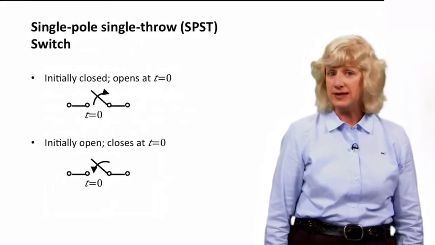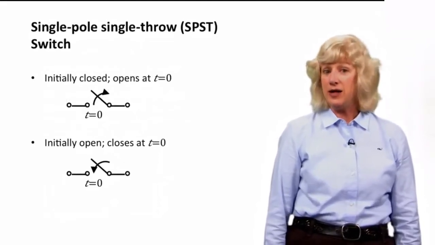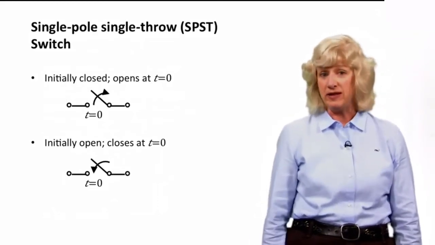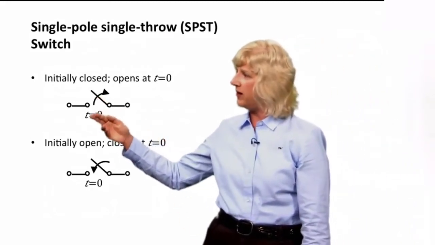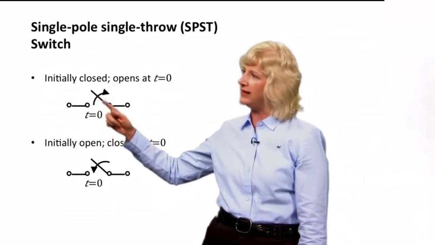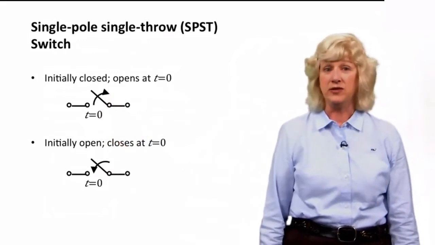The first one is the single pole, single throw, or SPST switch. Here's a diagram of such a switch. It will have an arrow that is labeled with a time. That means that the switch will either open or shut at that time. Now the arrow indicates how it's going to change. In this case, the arrow is pointing up, which means that this switch is initially closed and then opens at